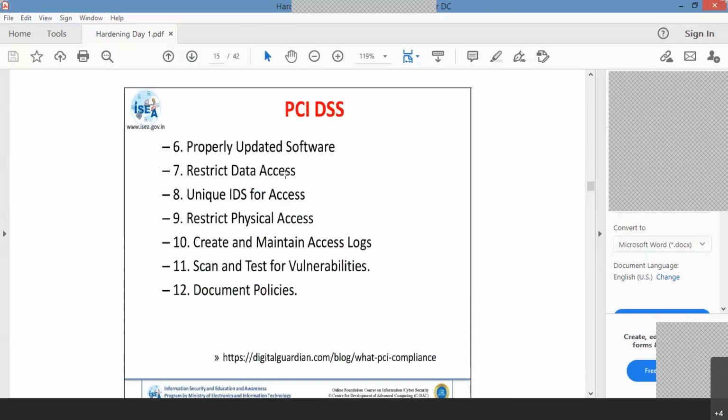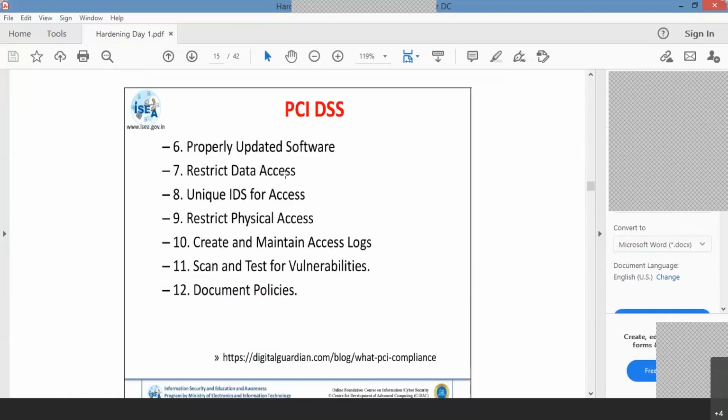So yeah, next coming to the sixth one, you have to use properly updated software. What is the tool for updating your software properly, whether the tool is there or not? You have seen that Bell Arc Advisor in the morning session. So you have to run the same thing in your system and find out what is my software, what is the software version. Then you have to install the latest version as per your requirement.